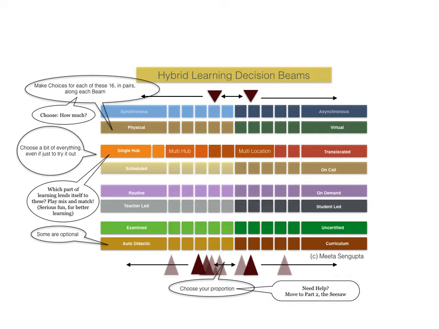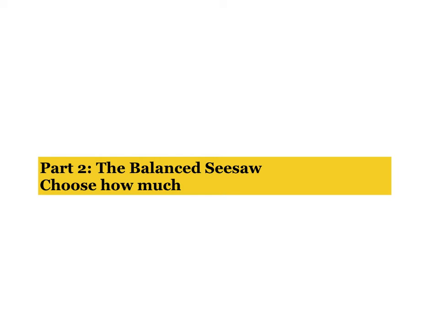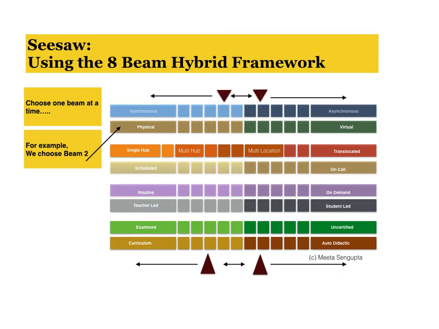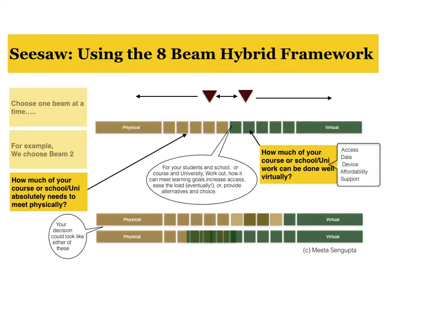Part 2 now coming up, saying, how do we choose that proportion? How much? So I suggest a game here, and let's call it the seesaw approach. Since we already have 8 beams, let's start with them one by one. So, using the 8 beam hybrid framework, we choose one beam at a time. For example, if we choose beam 2, which at one end of the spectrum has physical and at the other end of the spectrum has virtual learning,